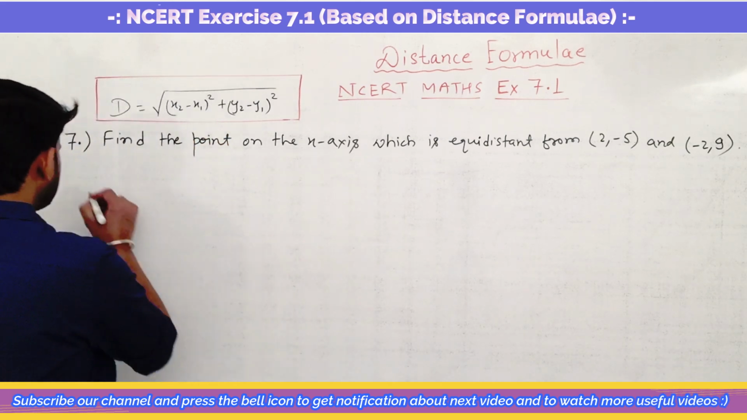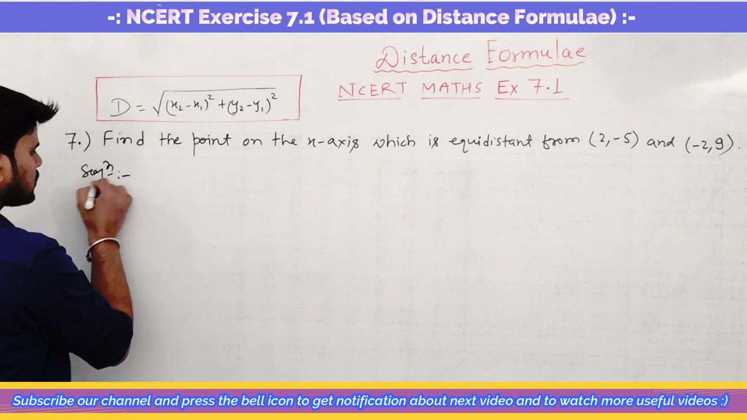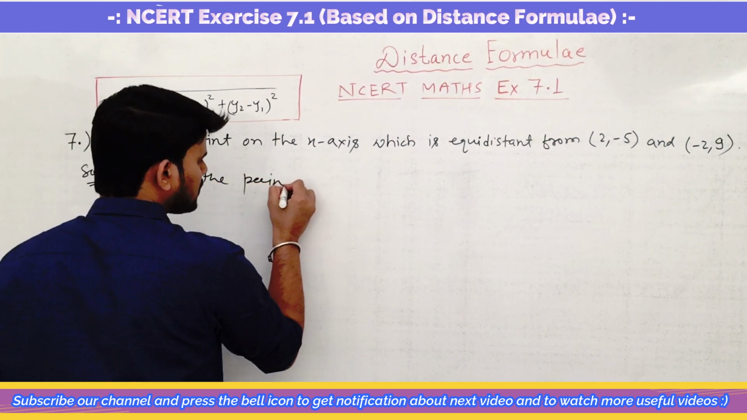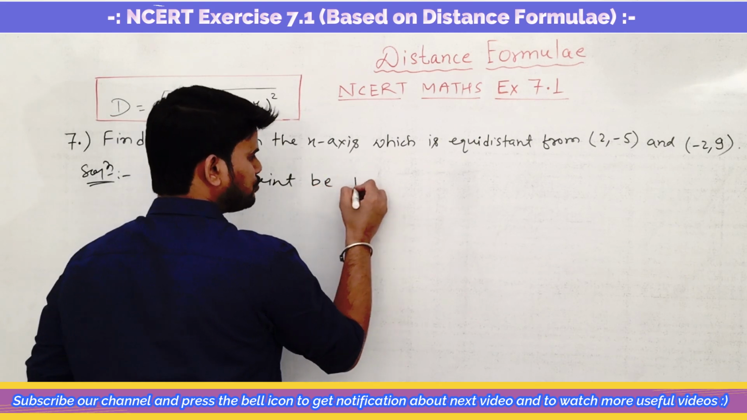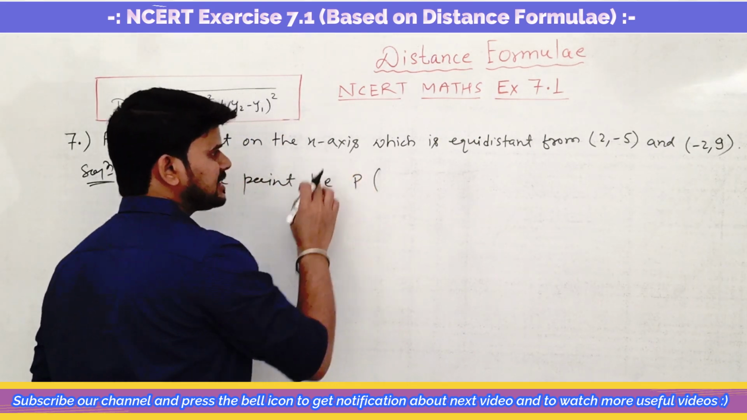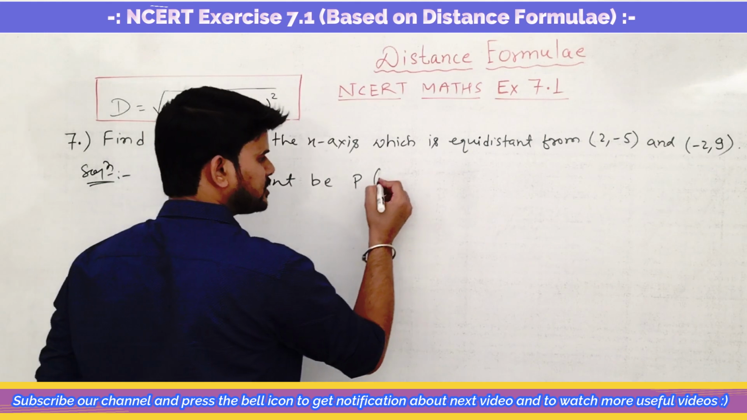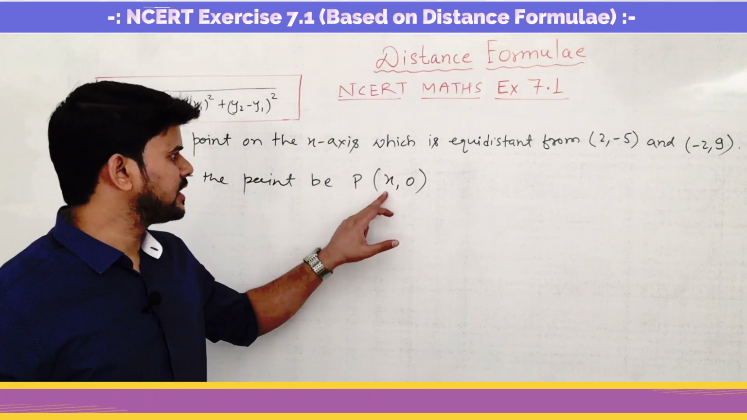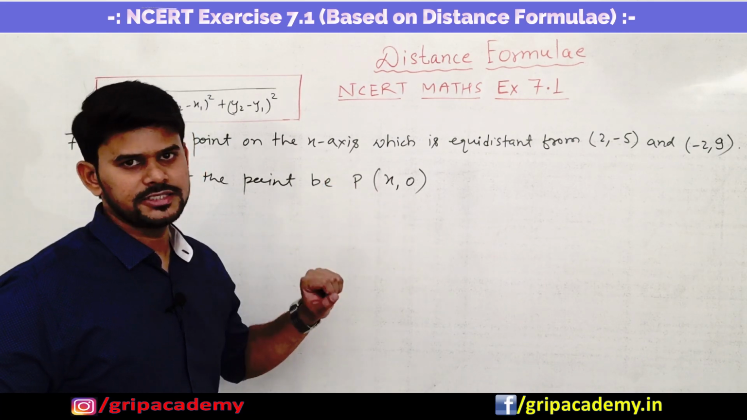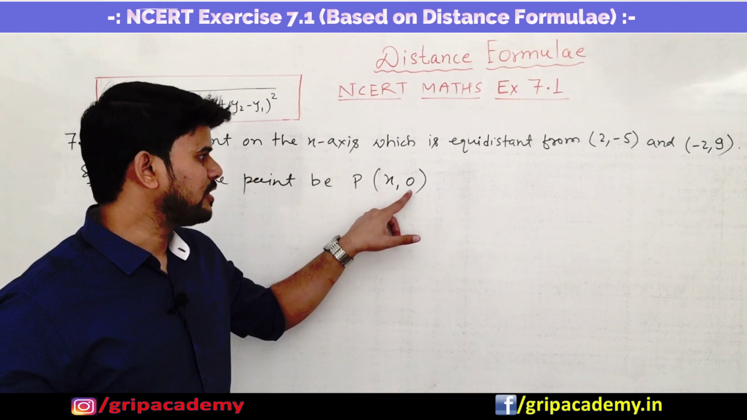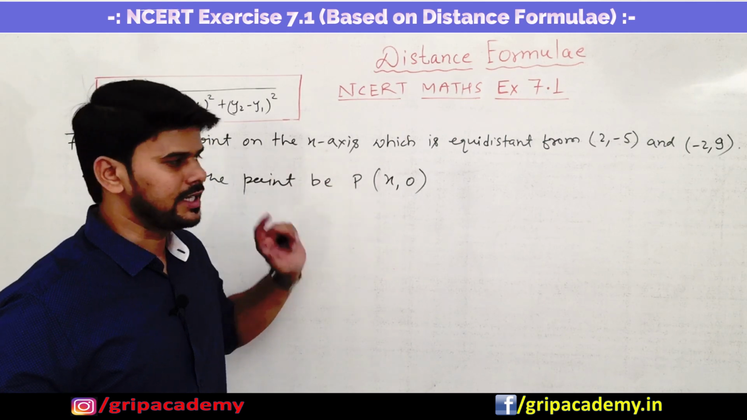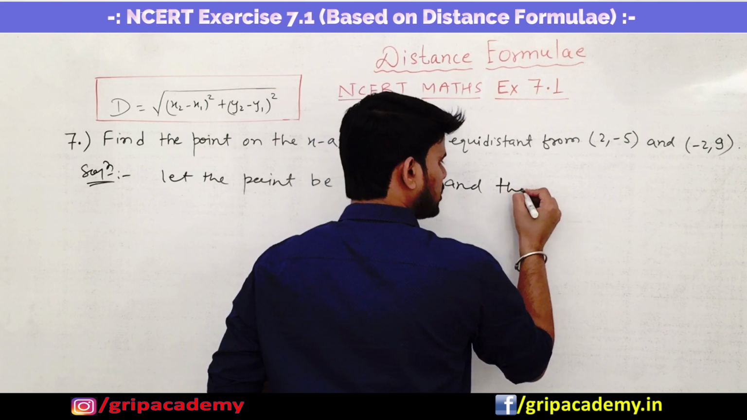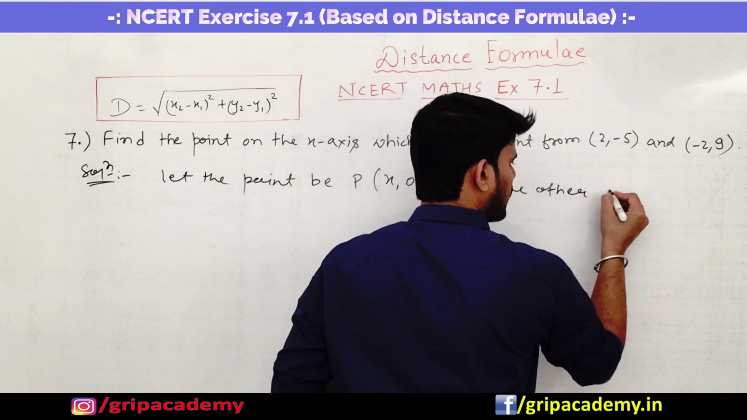Let the point be P. Since it is lying on the x-axis, the y coordinate will be 0, so P is (x, 0). That's why we will write the coordinates of point P as (x, 0). We do not know x, but we know the y coordinate because it is lying on the x-axis. And the other given points be